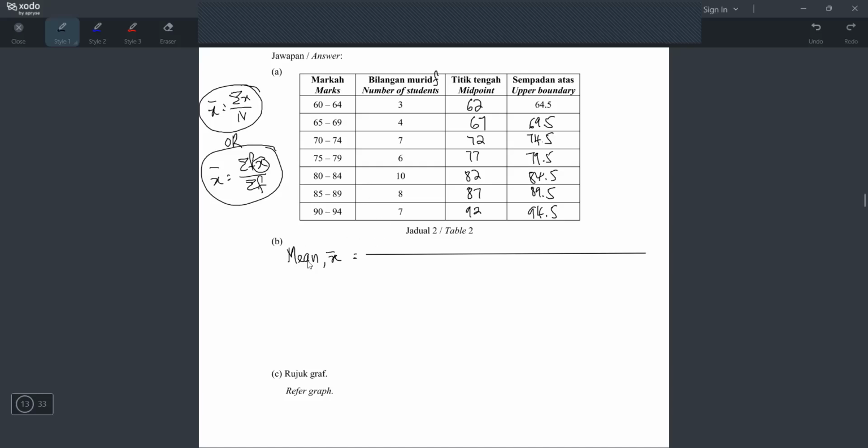Alright. So how to find the mean now? You have to use this formula, yang bawah formula ni. So what you do is you have to take frequency darab X, lepas tu dijumlahkan. This symbol means dijumlahkan. So frequency darab X dijumlahkan. Ini frequency X yang mana?